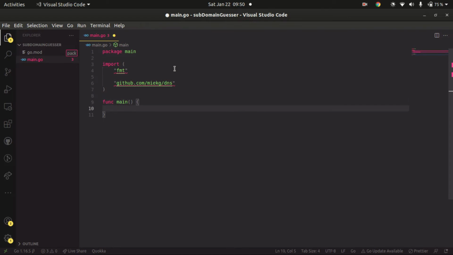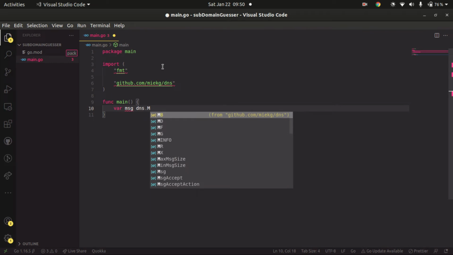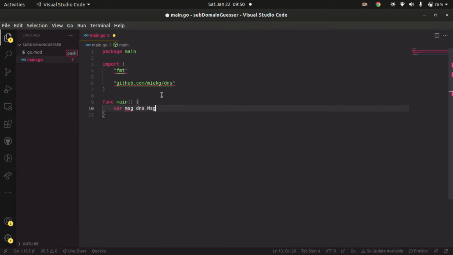Now let me define a variable called message. This is the message which we are going to exchange with our DNS server, and in this message I am going to say, for a domain name, I want the IP address. So this message variable will be of type dns.Msg, and this dns package we already imported here. And in the second line I'll define the domain name, the domain packet which we will exchange. In DNS we also have something called the fqdn